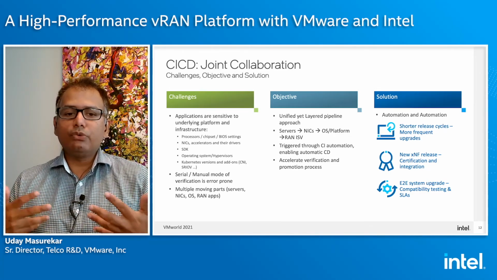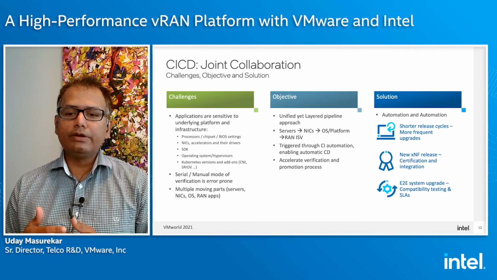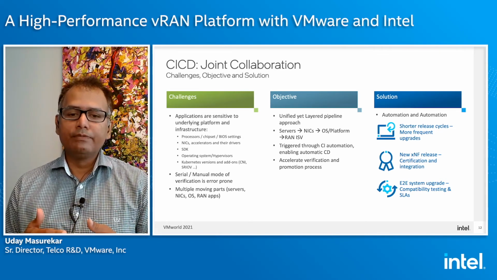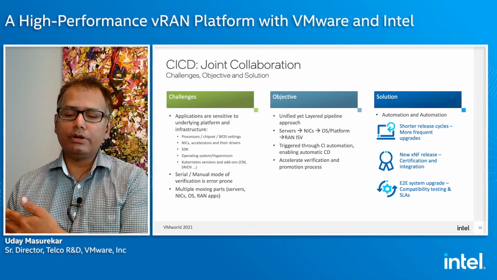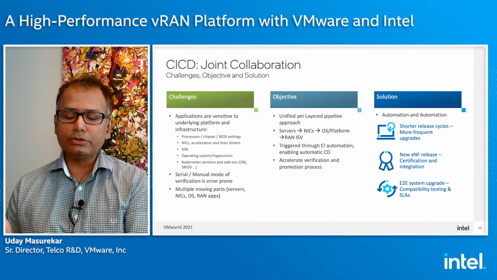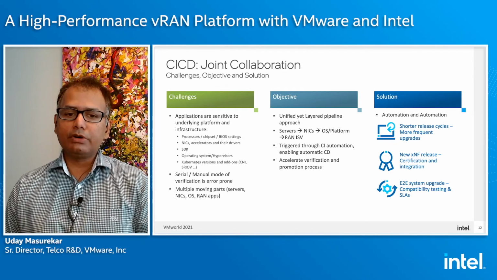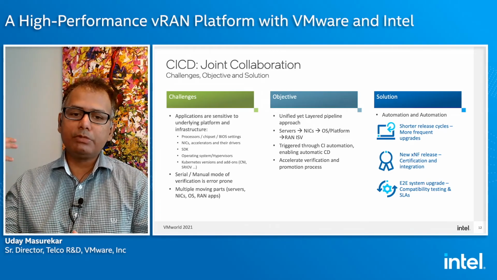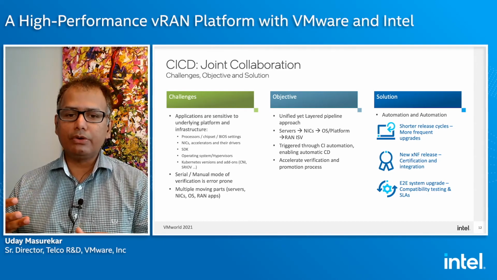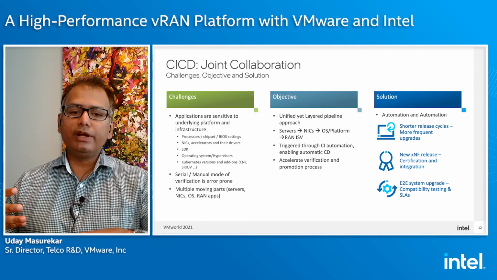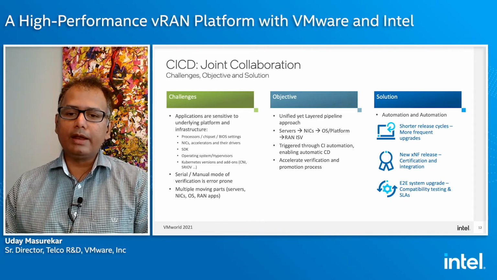So this overall unified pipeline, which is layered with different components, will definitely help catch issues much earlier rather than later, and then take this forward to eventual RAN applications also, because then they can consume it and see that the underlying infrastructure is working to their expectation. Now let me bring in my in-development RAN code and see whether it is working fine or not, or it vindicates that the underlying platform is looking okay and I need to focus more on my RAN application. So it has helped.